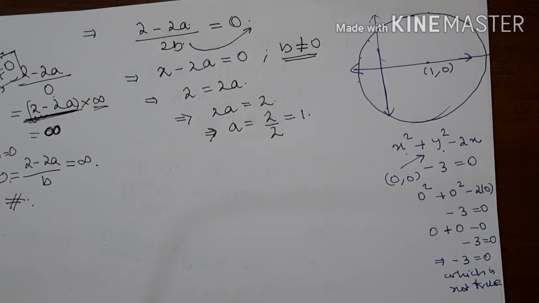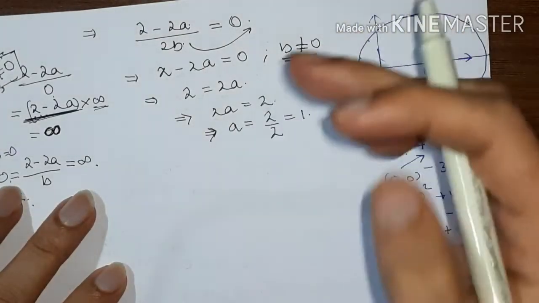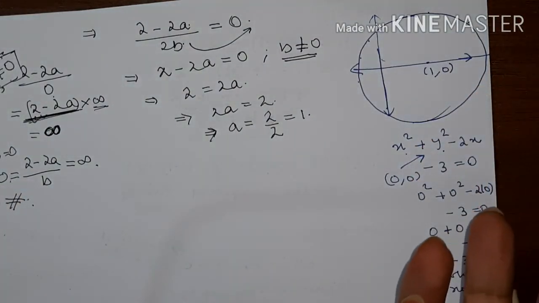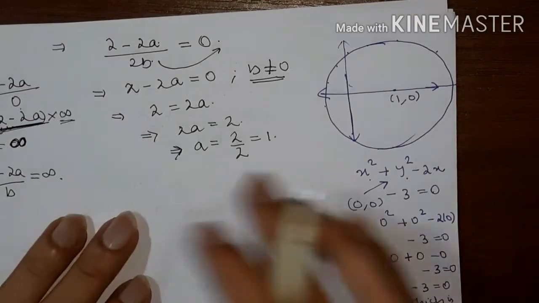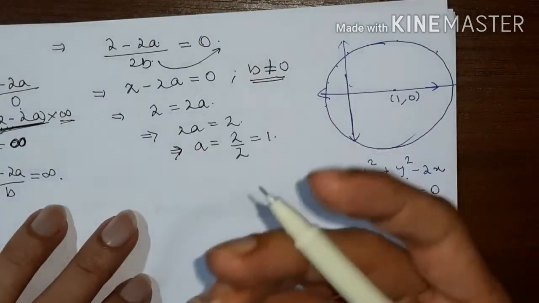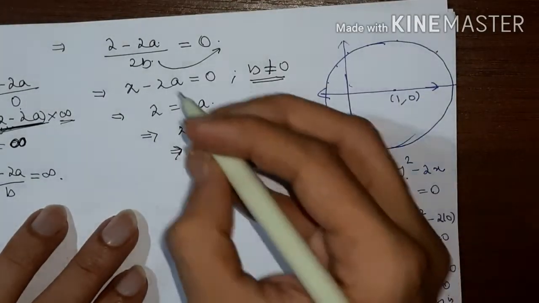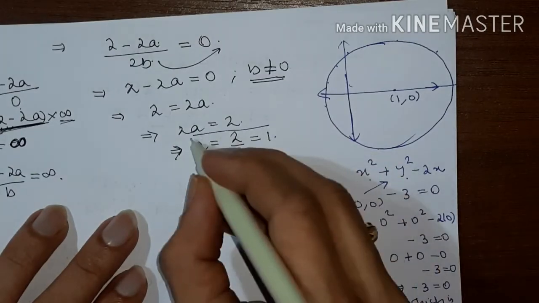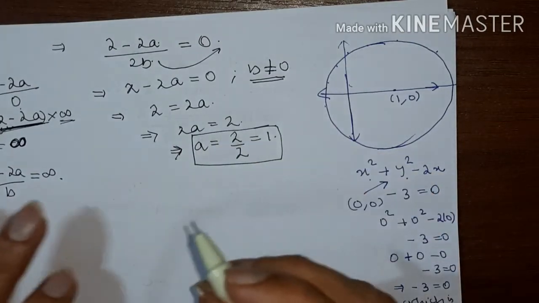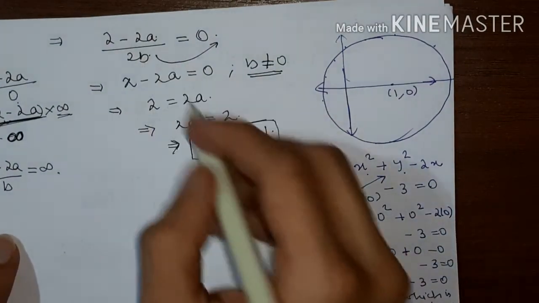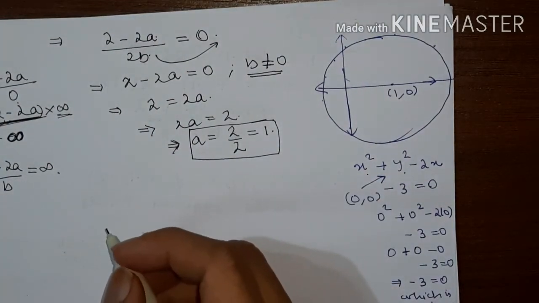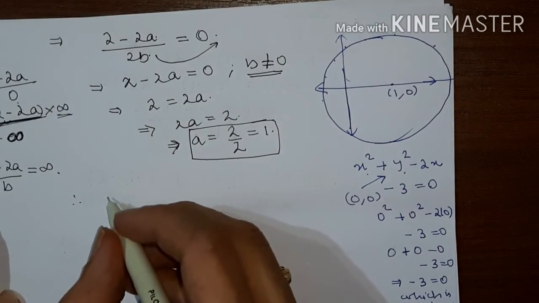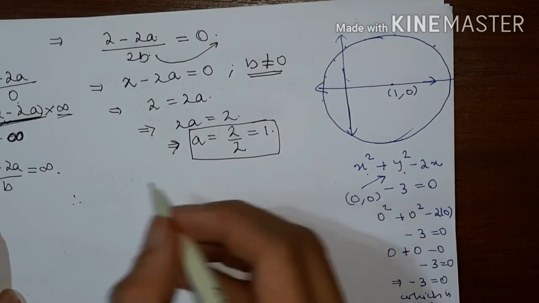right? And also if b is not equal to 0, that means a is equal to 0 or something else. Okay, so that we don't actually need. So what we got is a equal to 1, right? What we got is a equal to 1 by taking this. So now, therefore what we get is a equal to 1.